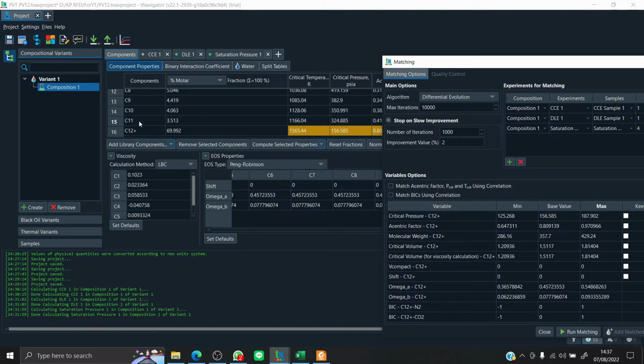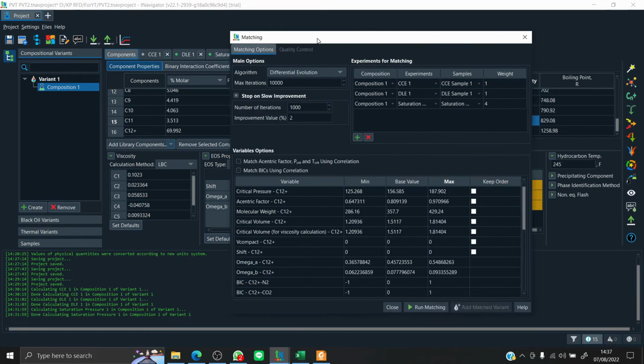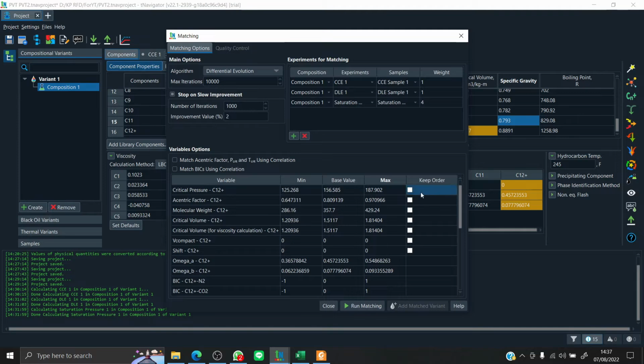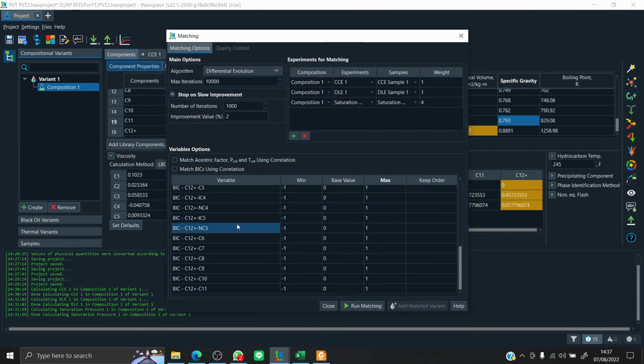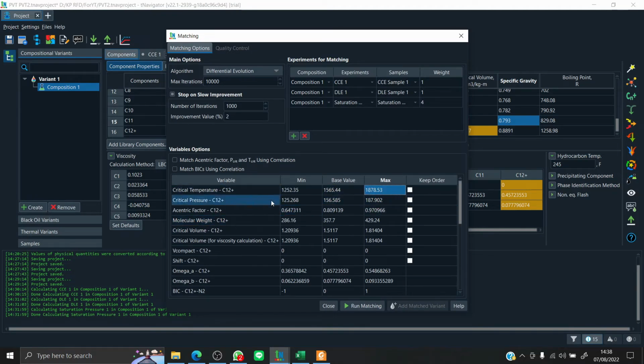So if C11 is the parameter that we are going to match, it is set so that the value is not below that of C10. For example, in critical temperature for C11, the range of the variable will not be below 1128. That's if you check keep order right here, but we only do it for C12, so there's no need to keep order.